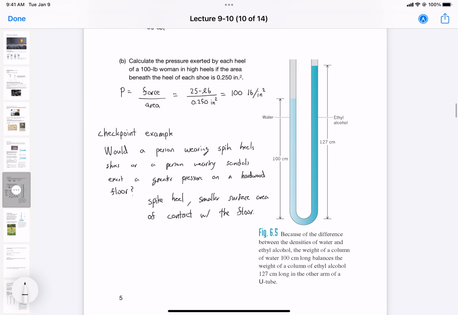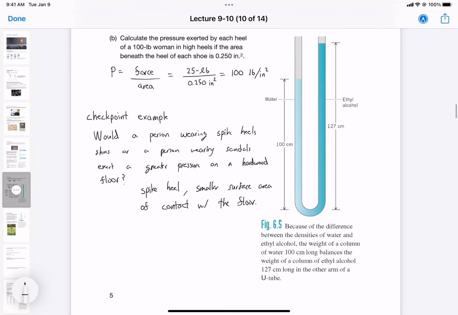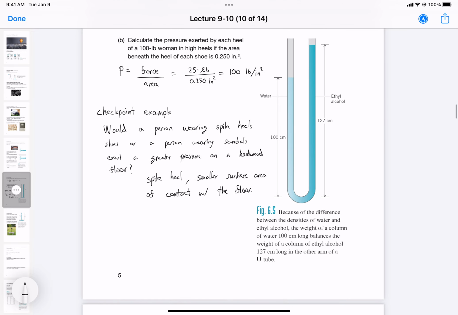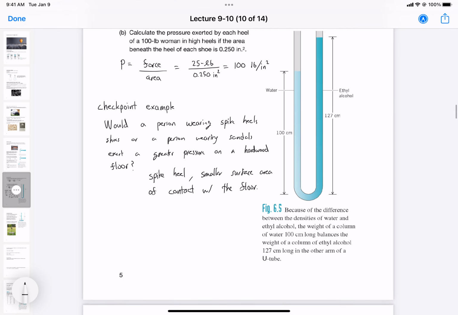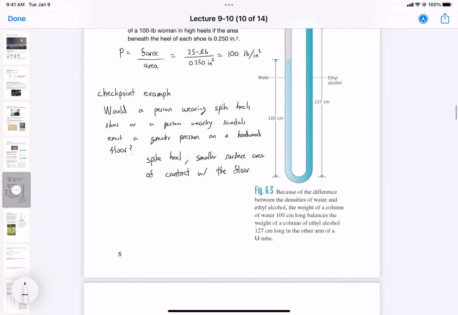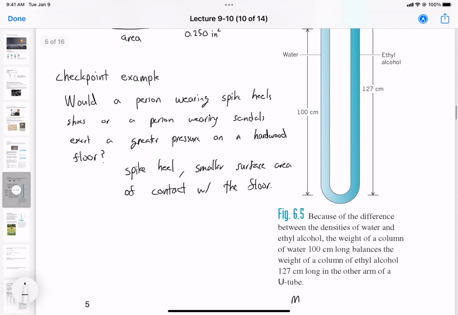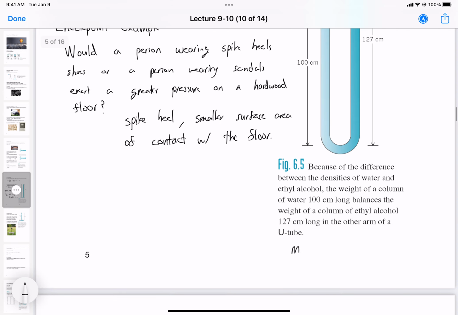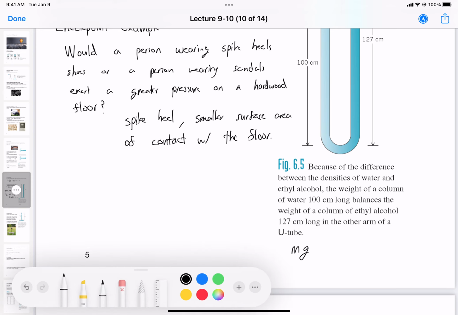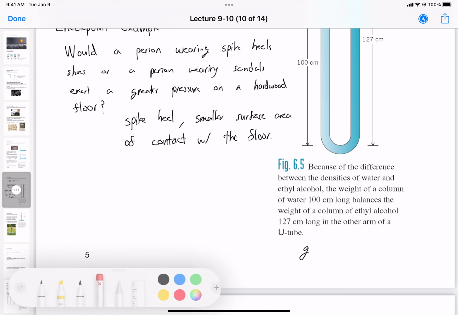So water here will have, and that's because there's different densities. So we can usually say that the mass of the water times the, sorry, not mass, but the density. So we could say